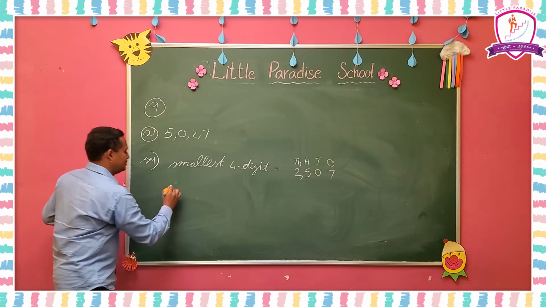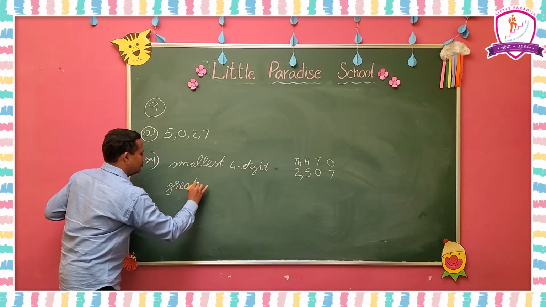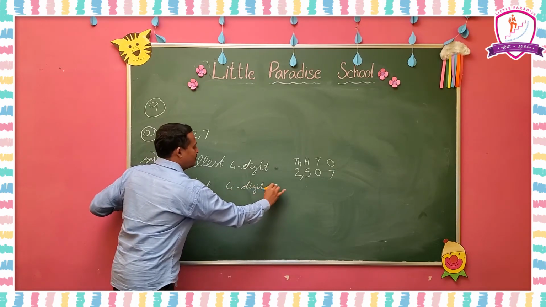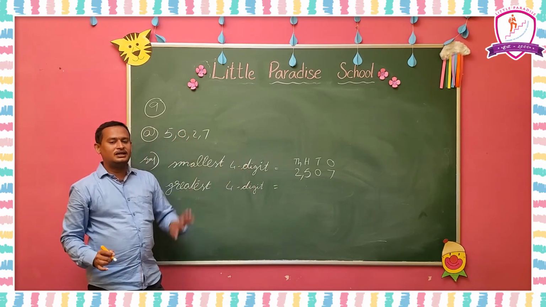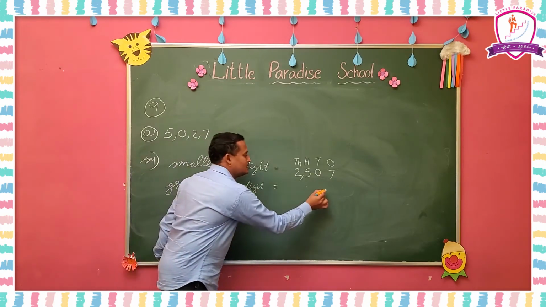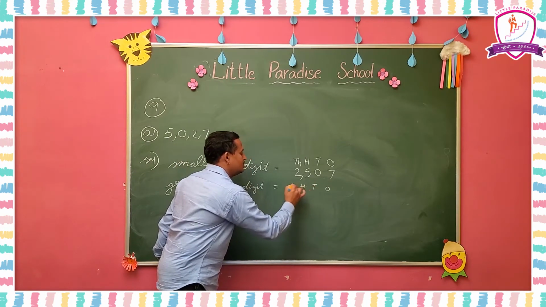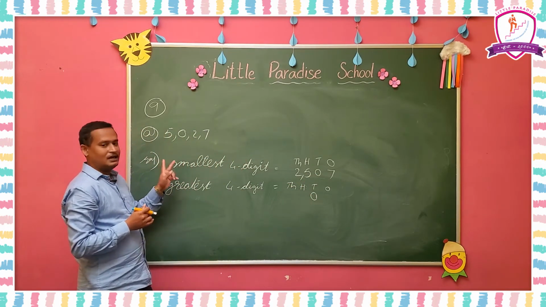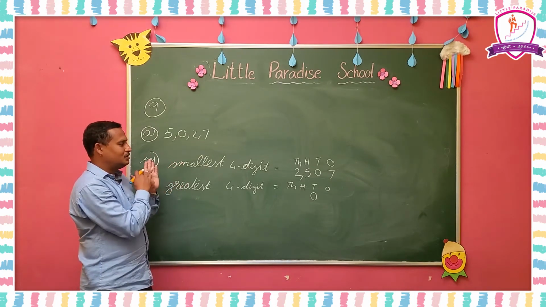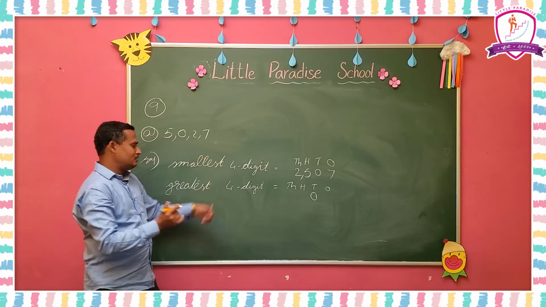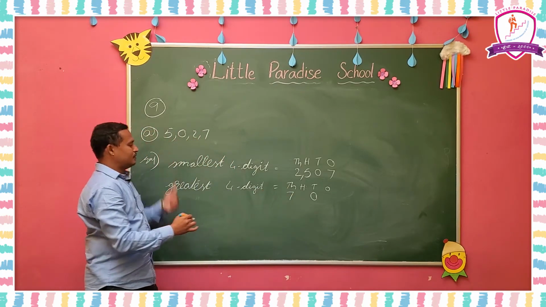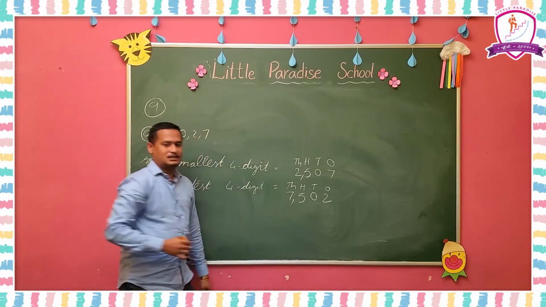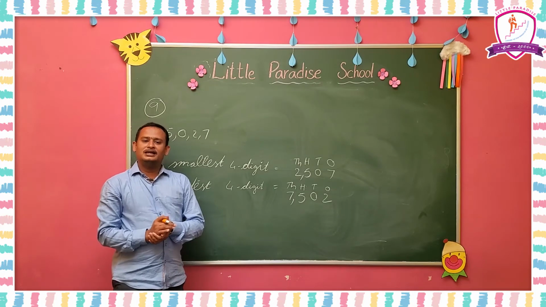Okay. Next, the greatest 4-digit number. Here also you must put 0 in tens place. Again you have to write the places: ones, tens, hundreds and thousands. Here, put 0 in tens place first, and arrange the given numbers in descending order. Descending means big to small. What is the biggest number here? 7. You have to keep 7 in thousands place, next 5 in hundreds place, and 2 in ones place. So like this you have to arrange. Okay. Try the remaining sums with your own ideas.